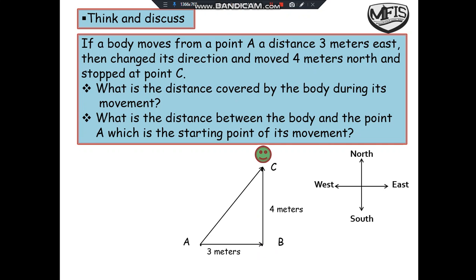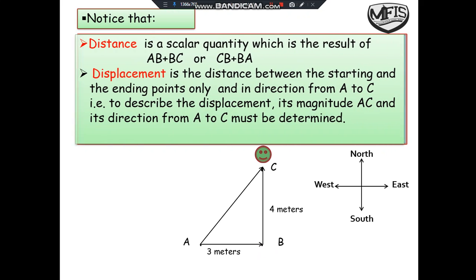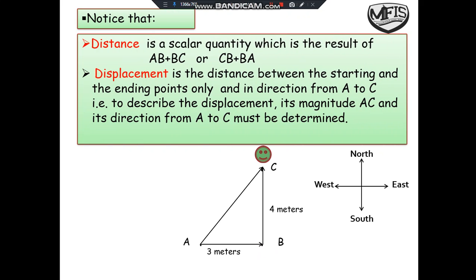But the distance between the body's starting point A and the point of its movement end, from the point A to the point C, we call this distance displacement. From A to C, we call this displacement. So distance is a scalar quantity which is the result of AB plus BC or CB plus BA. But displacement is the distance between the starting and the ending points,